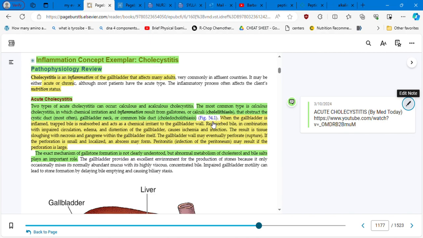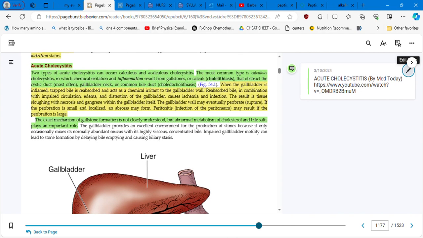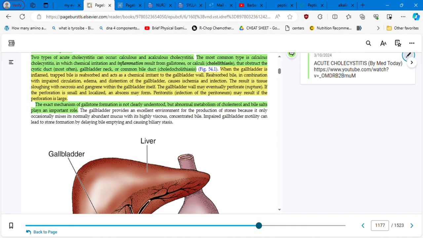Cholecystitis is the inflammation of the gallbladder, and cholecystectomy is the surgery. Okay, don't get confused with the terminology. So these calculi that obstruct the cystic duct, most often gallbladder neck, and common bile duct, choledocholithiasis. Okay, so basically the exact mechanism of gallstone formation is not clearly understood, but abnormal metabolism of cholesterol and